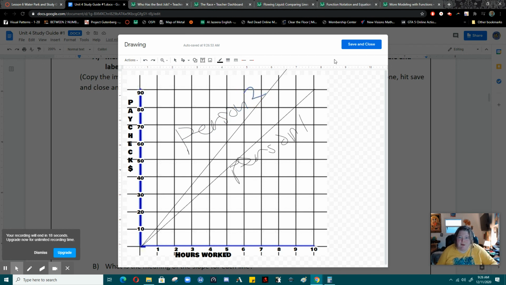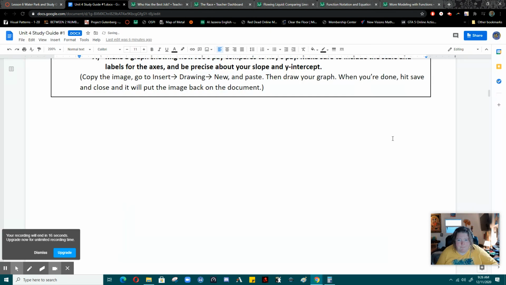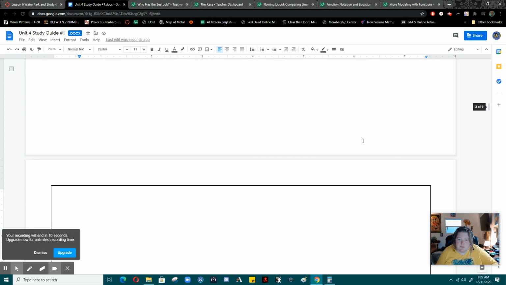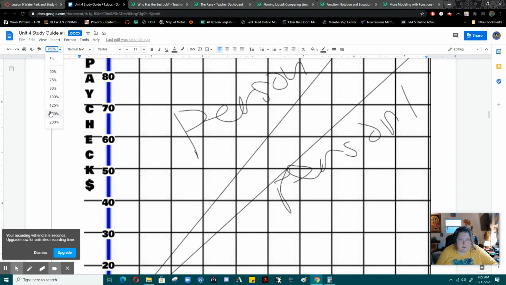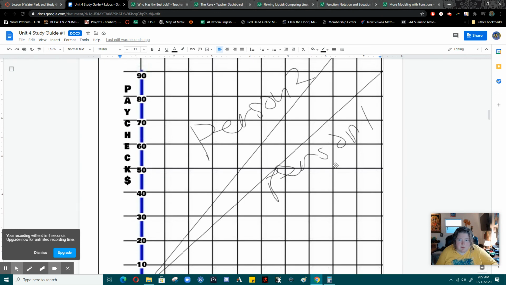And boom, then you hit save and close. It goes onto your document, and it looks awesome. There it is. Wow. So cool. I made such a nice